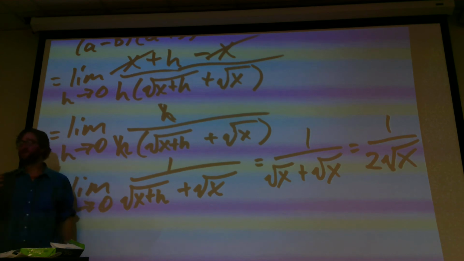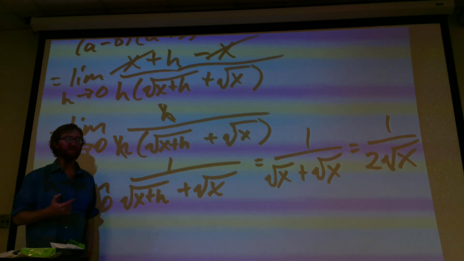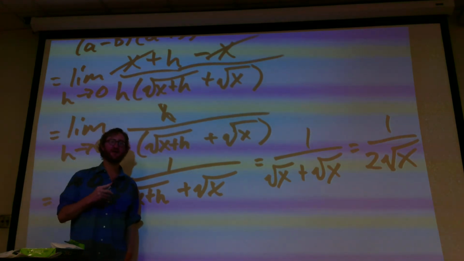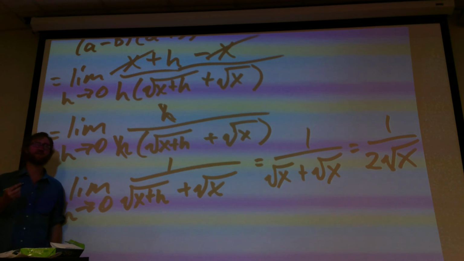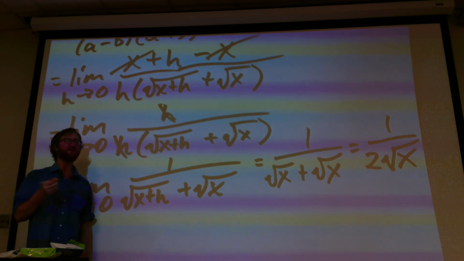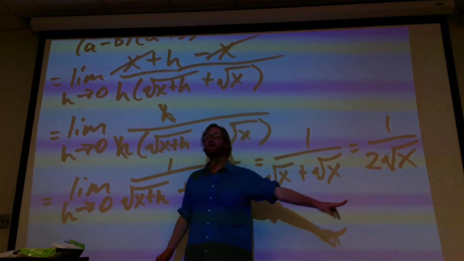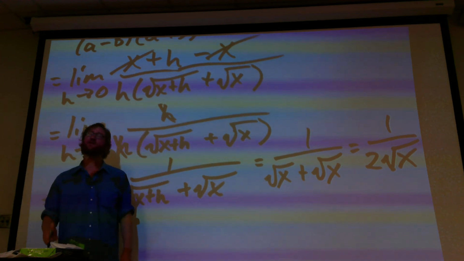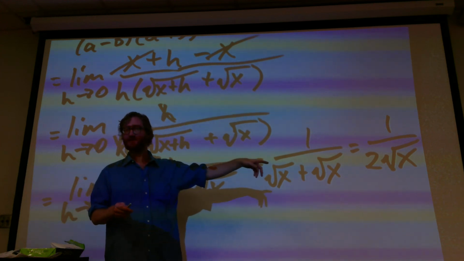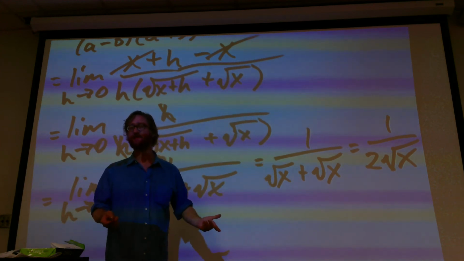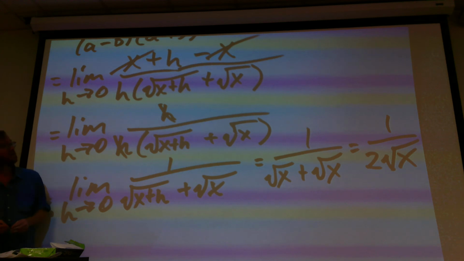And I told y'all you can't use the power rule on this first test. You need to use the definition of the derivative. But think about this. If I was going to take the derivative of the square root of x, it's really x to the 1/2 power, right? And so what's going to happen if I take the derivative of x to the 1/2 power? It's going to spit out a 1/2. That's that 1/2 that's appearing right here. And now it's going to drop it down to x to the negative 1/2, because 1/2 minus 1 would be negative 1/2. And 1 divided by the square root of x, you can always think of, if you have it on bottom, that's the same thing as writing x to the negative 1/2. So we are getting to the correct answer. So the conjugate trick, that is how you end up handling square